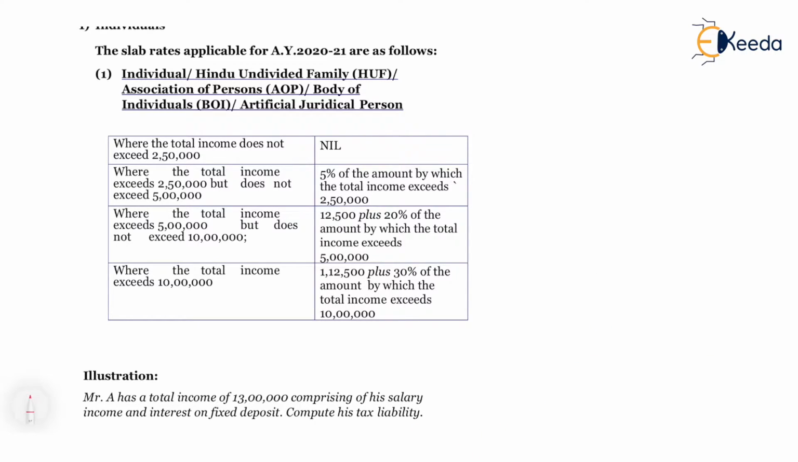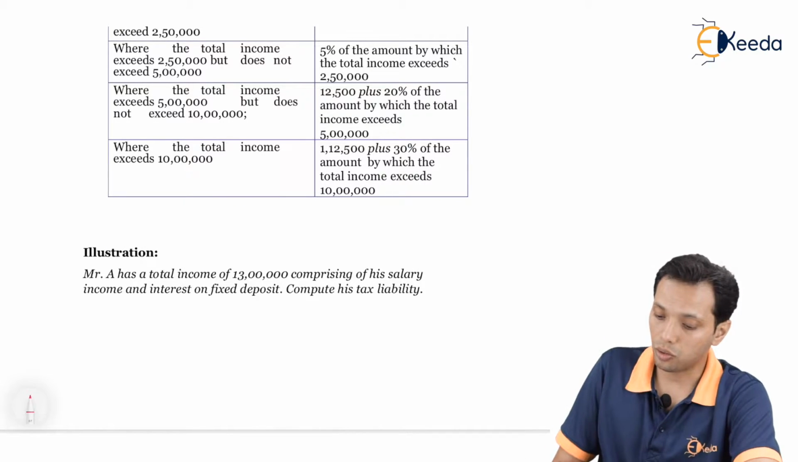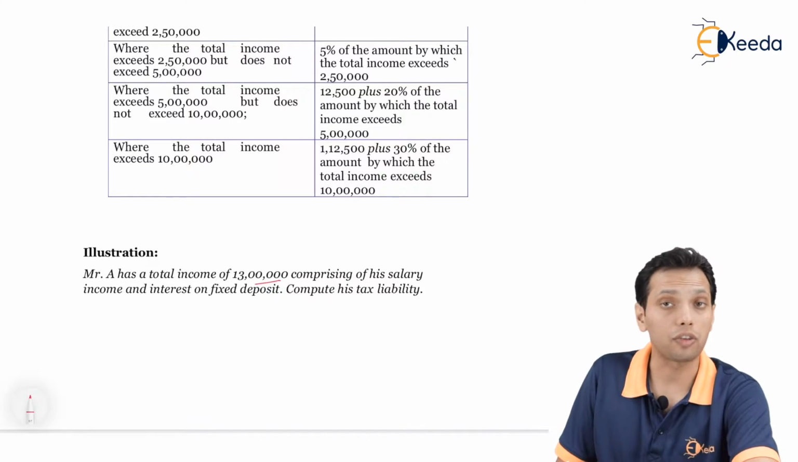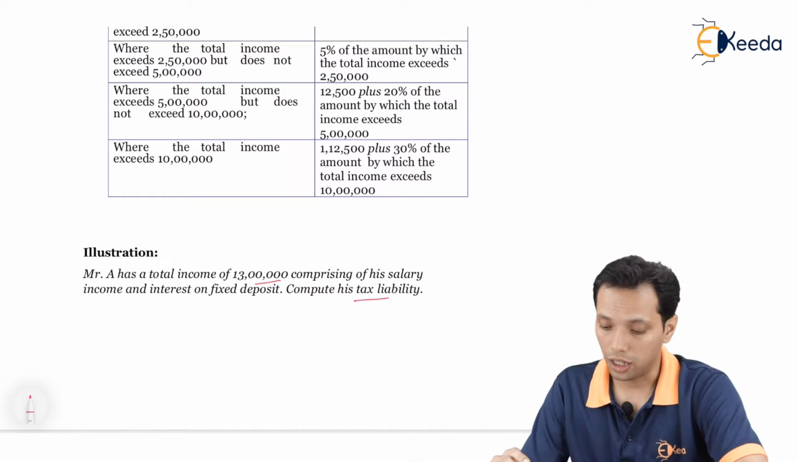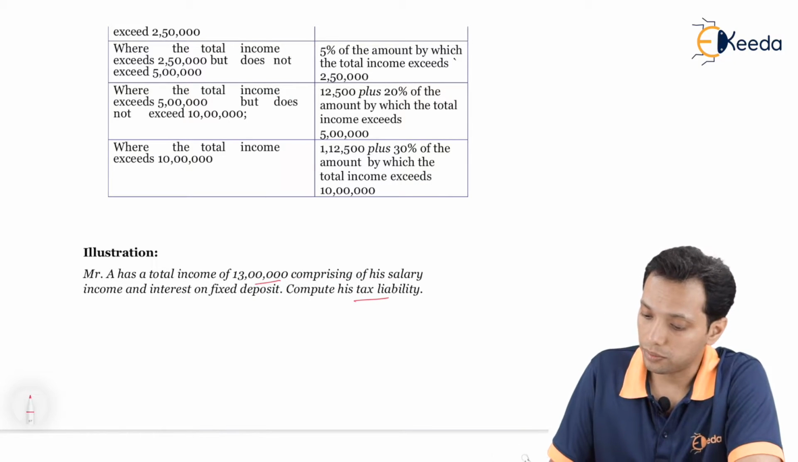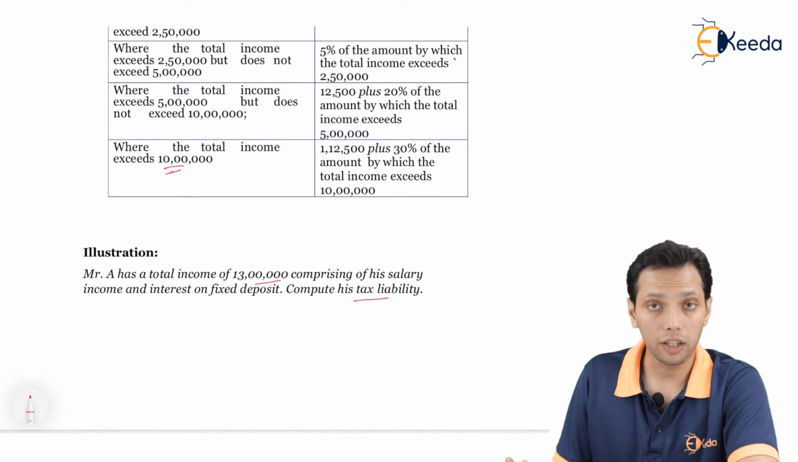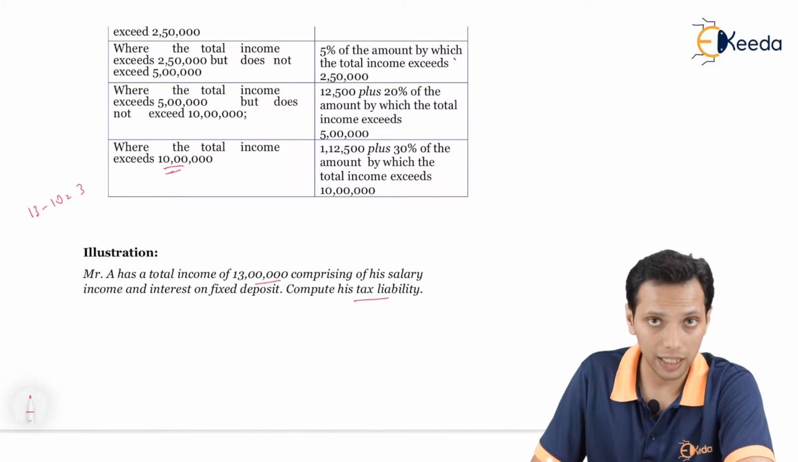We will conclude this by way of an example. Mr. A has total income of 13 lakhs comprising of his salary income and interest on fixed deposit. Compute his tax liability. In his case his total income of 13 lakhs is exceeding 10 lakhs. So his tax should be computed as, first, 13 minus 10, on 3 lakhs,